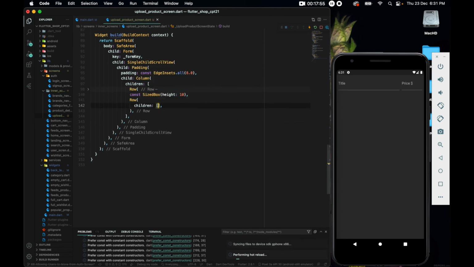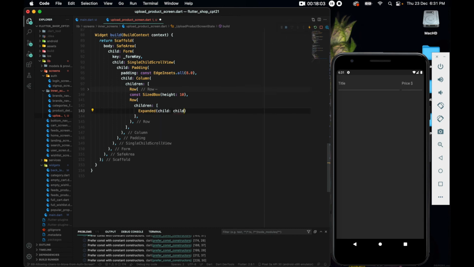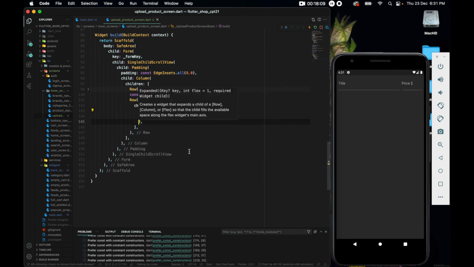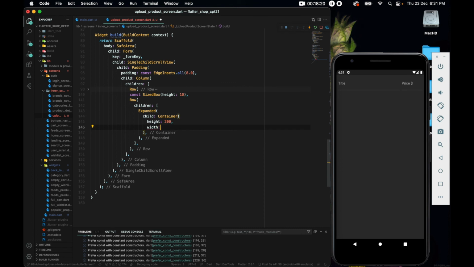And for the children, what I'll do is I'll set an Expanded, and the child should be a Container. This container will be for holding our image. So this container, what I want to do is I want to set some height for it, so height of 200 and width of 200,